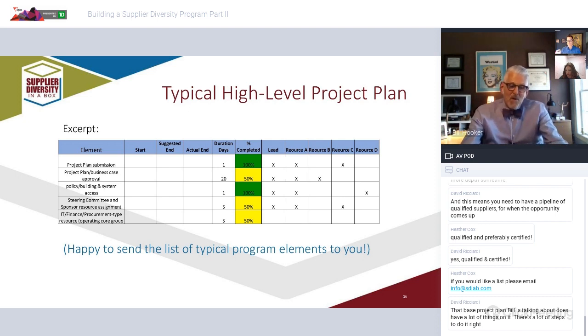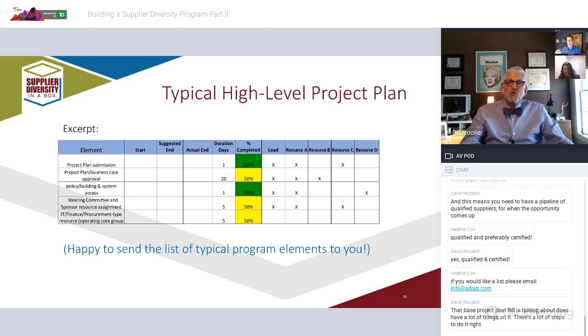I have found also that typically supplier diversity programs that utilize resources external to their own department, like IT, like finance, it's typically heavily loaded in the beginning of the program when you're still trying to mine data. But that will go away, and you will find that you will need those resources less. So I usually use a good rule of thumb of 10% of any group of people's time over the duration of the program is pretty fair. Might be more in one week and nothing in the next week.